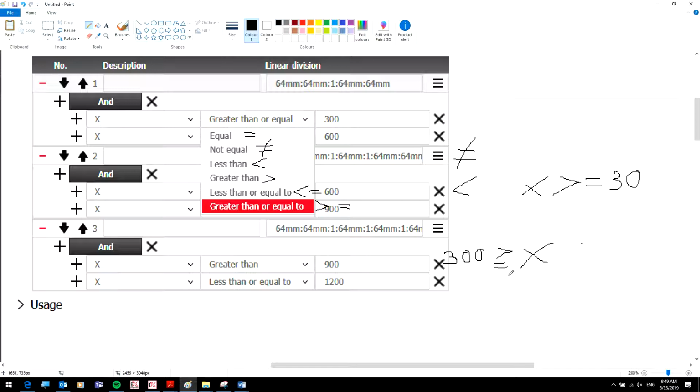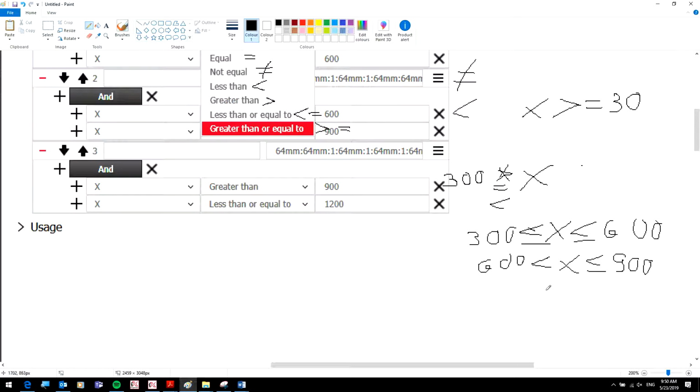So it's 300, x greater than, and this is smaller than, greater than 600, and then the next one is 600, x, and then 900,